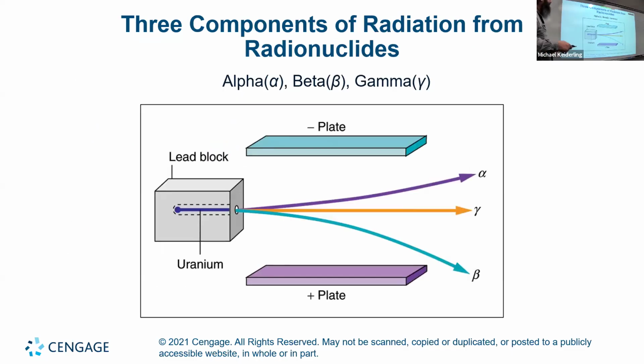And in general, you can identify what particles you're dealing with. If you have something spitting out particles and you put them in an electric field, the alpha particle will be attracted towards the negative plate because it's positively charged. The gamma ray will go straight because it's not charged. And the beta particle will be attracted towards the positive plate because it's negatively charged. You can do a similar thing in a magnetic field. It'll bend the paths.